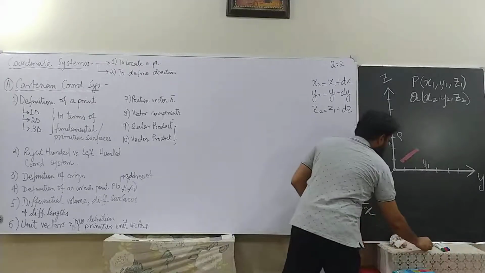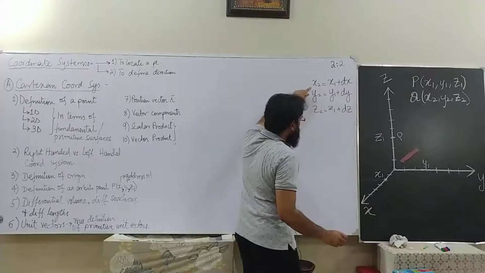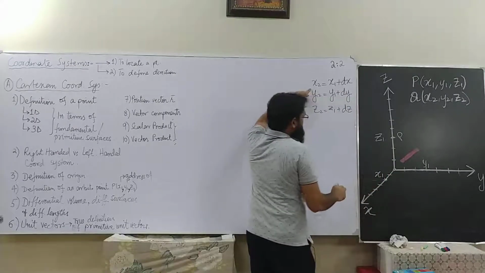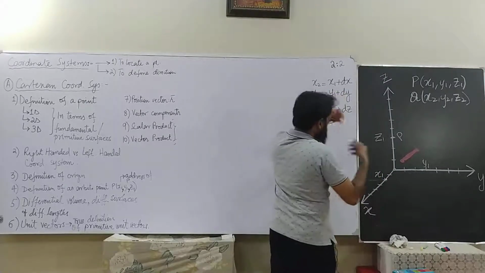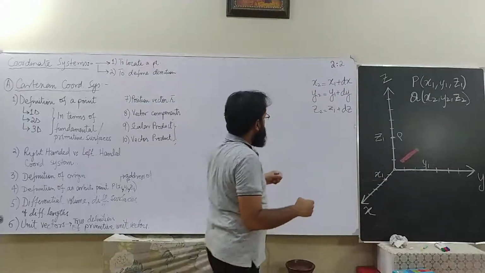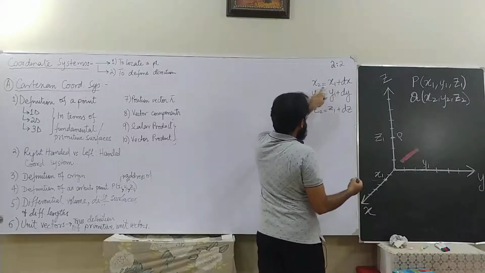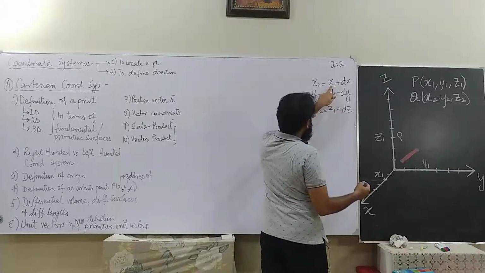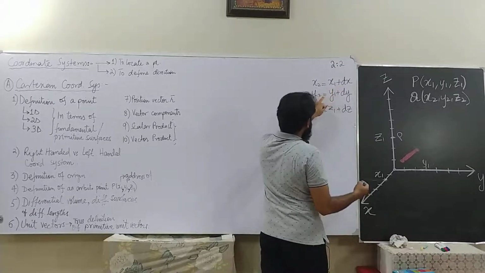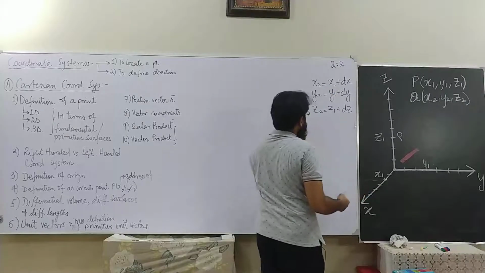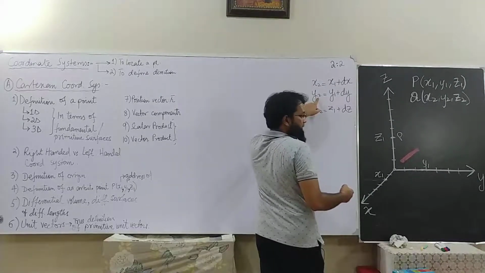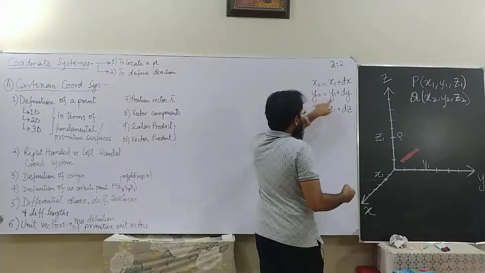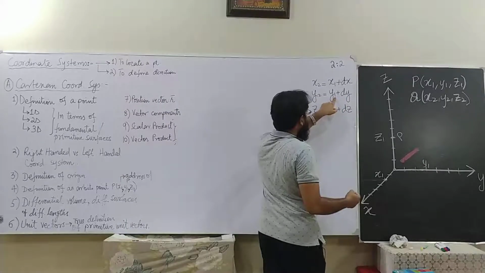And now, our target is to reach point Q. To reach point Q from P, we are using these relations, which we just came to know: x2 is equal to x1 plus dx, y2 is y1 plus dy, z2 is equal to z1 plus dz, and so on. So if I want to reach the plane y equals y2, I have to just add dy to